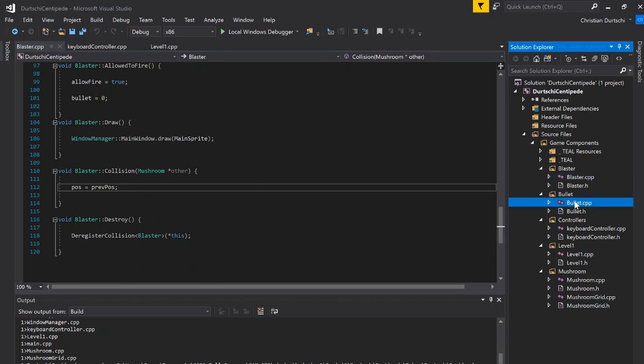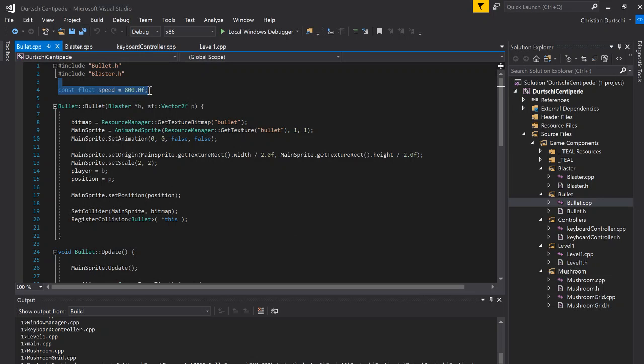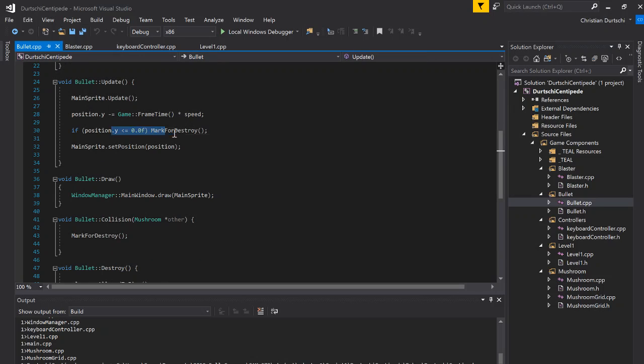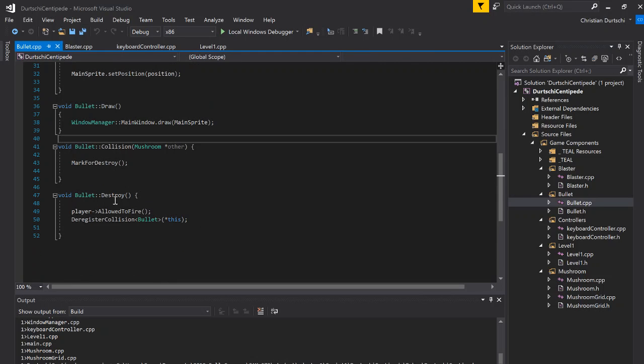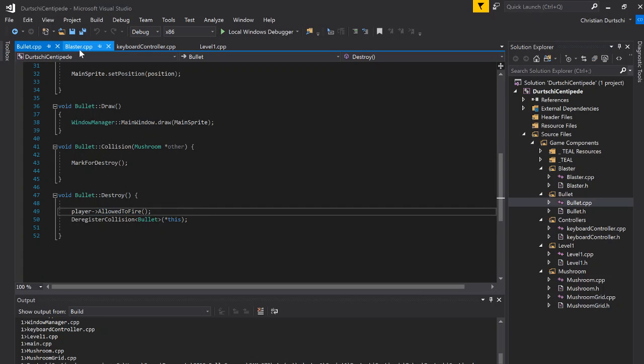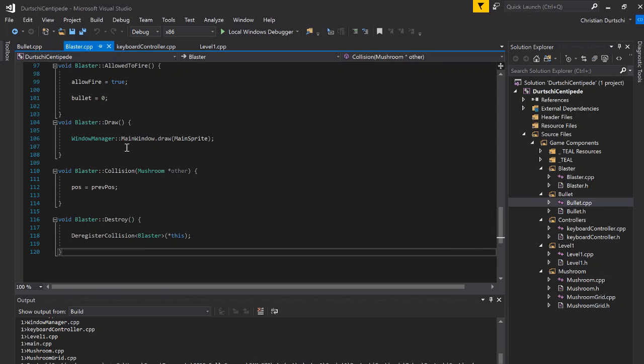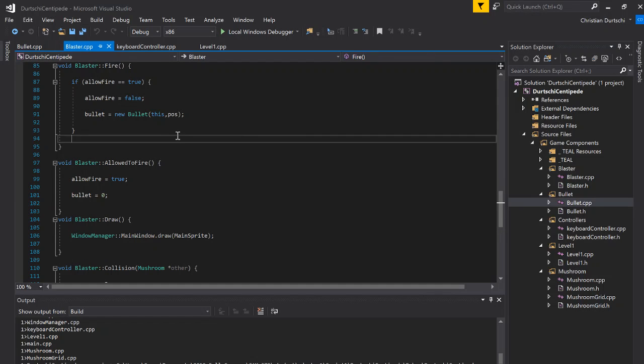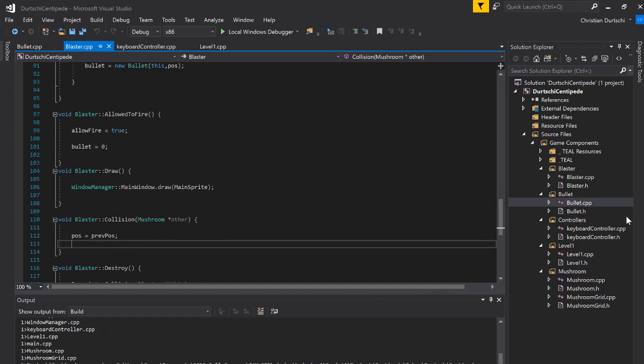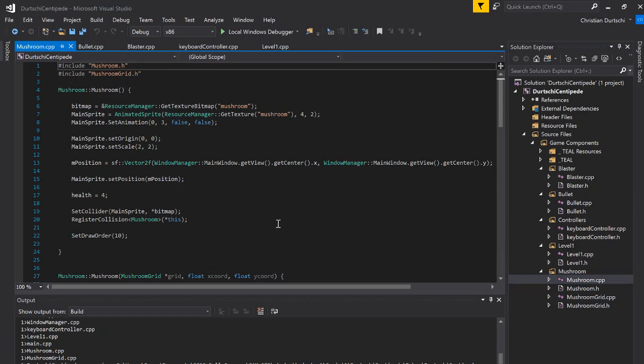But when we go to the bullet, then we have the constant speed float value. And then if it's off screen, it marks for destroy, so it goes for one bullet at a time. And then when it gets destroyed, it sets allowed to fire back to true, because every time it gets set to false in the fire function. So with the collision with the mushrooms, we see here,